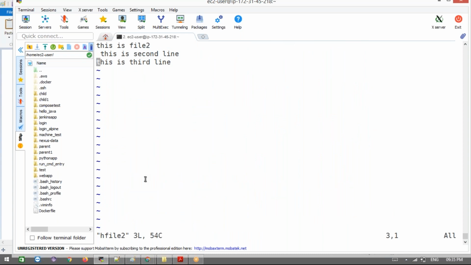So with a hard link, if you remove the source file, we can still use the second file. But with a soft link, if you remove the source file, we can't use the existing file. Is that clear, guys?